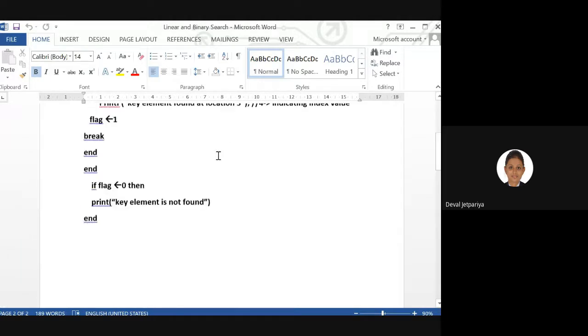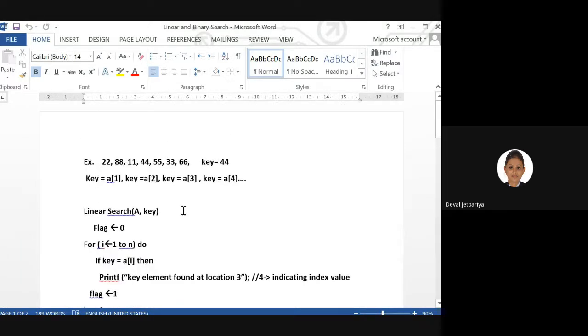Okay, fine. So first we'll see the linear search. Before that, these two algorithms will be used whenever we want to search a particular element. That element we have already given as an input, and this input variable we need to search.